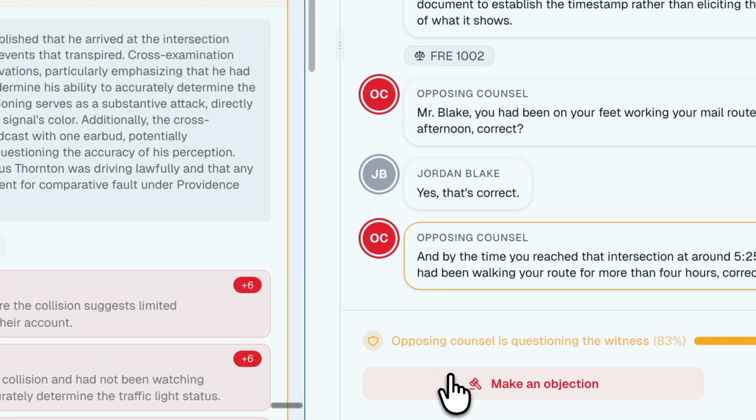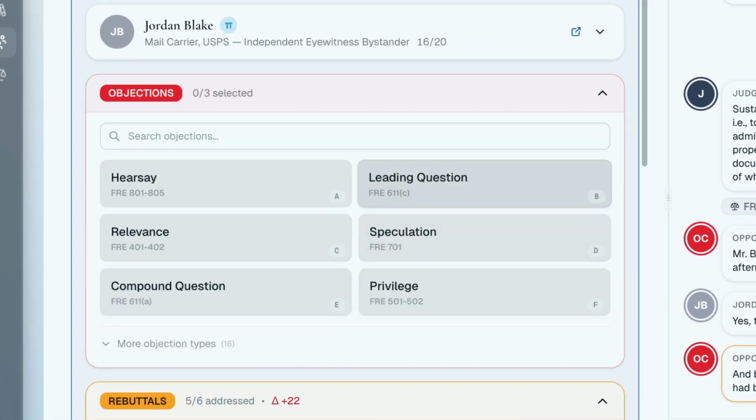The judge's rulings are also context-aware. Here, I object to a leading question. But of course,